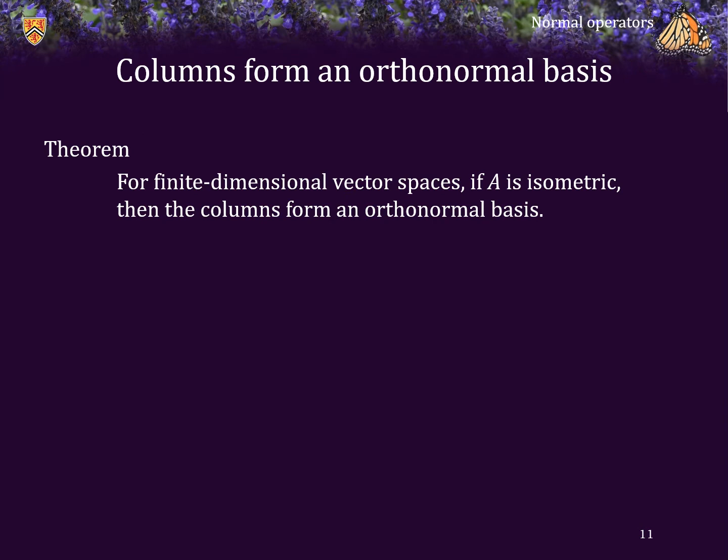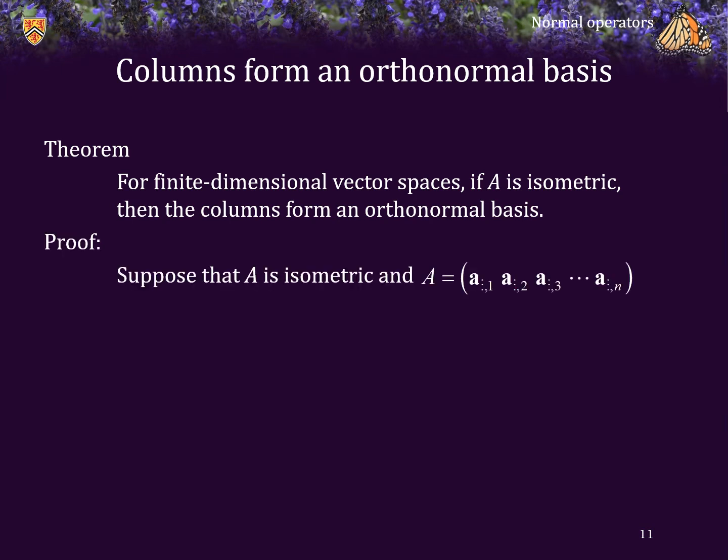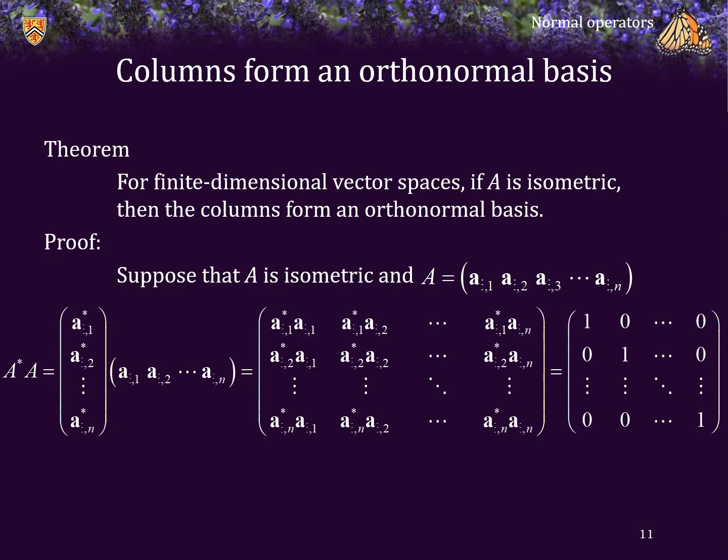Theorem. For finite dimensional vector spaces, if A is an isometric matrix that maps a finite dimensional vector space to itself, then the columns of the matrix A form an orthonormal basis. Proof. Suppose that A is isometric and A is comprised of n column vectors, each of which is an n-dimensional vector. Well, in that case, the adjoint of A times A, well, the adjoint of A is represented by a